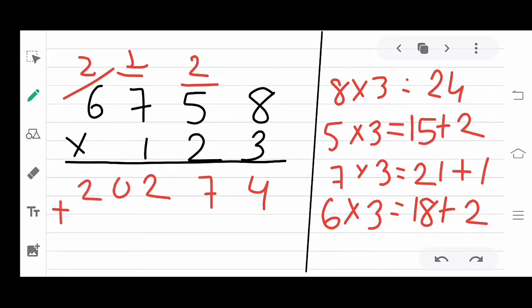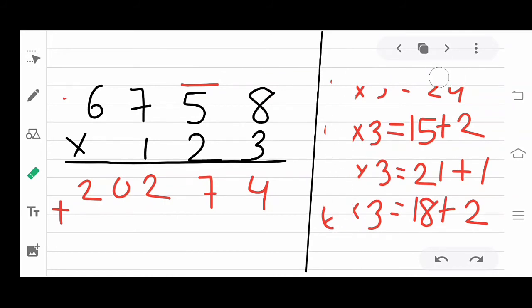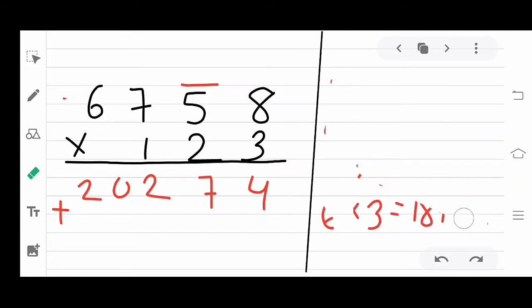Now, yes, we move to the tens. Again, we repeat the same step, and we are going to add 0 because in tens we are actually multiplying by tens. For example, here 2 is the number of tens, but actually we are multiplying 20, so we add 0 here. Now the same step we are going to repeat.